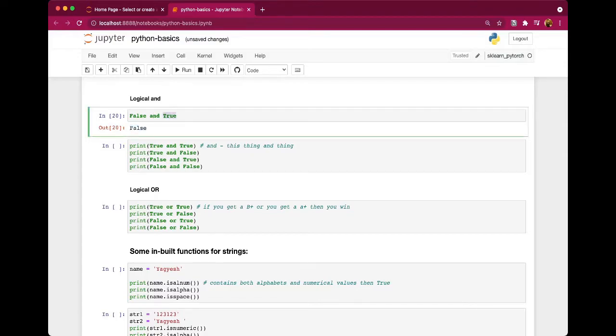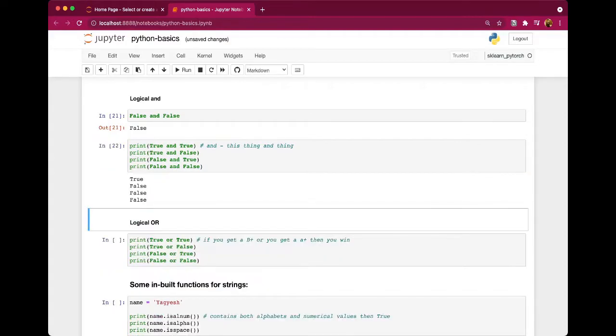Now, what if both of them become false? Pretty expected, right? It would be false. So this is what is written here. So let's print out everything. For true and true, we'll get true. For true and false, and false and true, we'll get false, and false and false will get false. So basically, the logical and operator suggests that both of the conditions should be satisfied for the following conditions to follow,